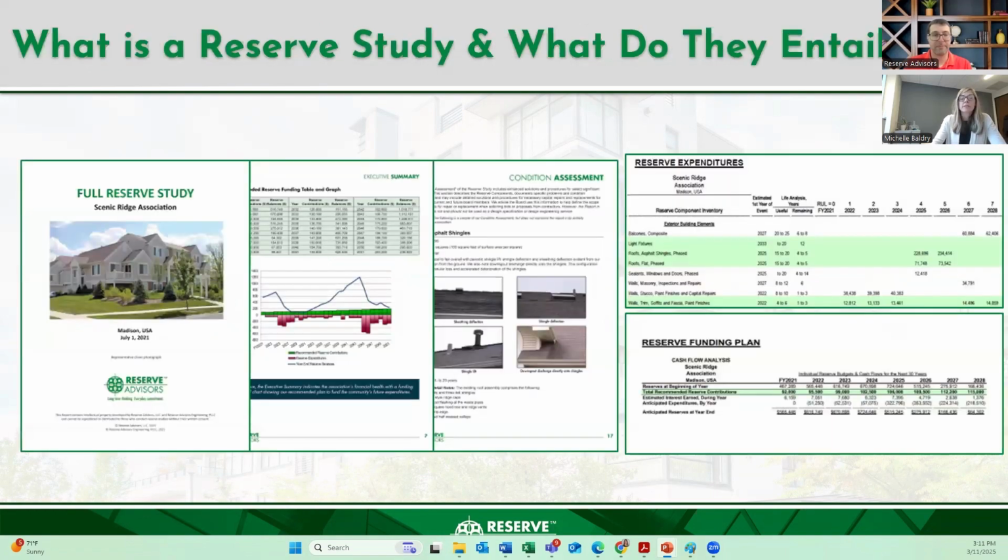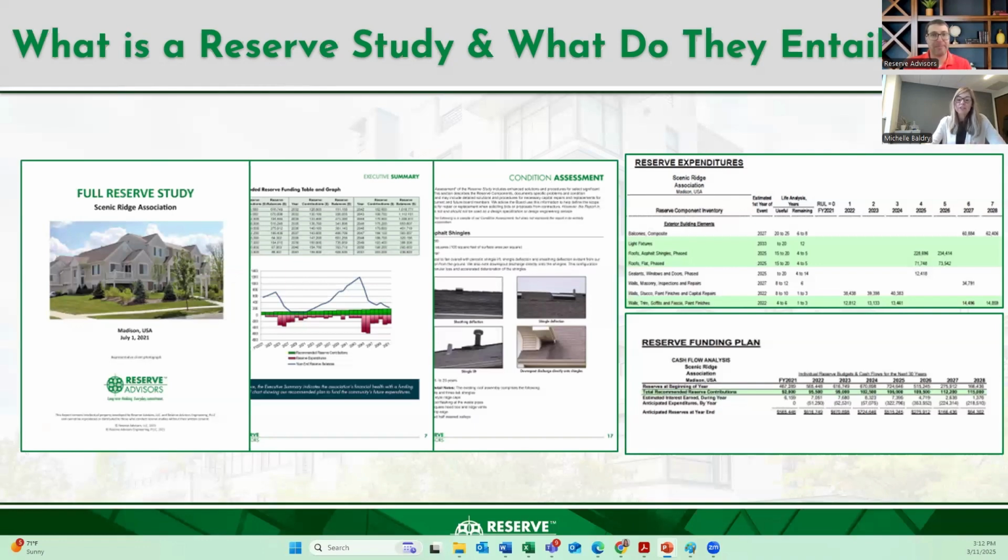So we now know the importance of reserves. What about the reserve study? So I wanted to start with CAI's reserve study standards. What is the definition for a reserve study? It's a budget planning tool, which identifies the components that a community association is responsible to maintain or replace. It identifies the current status of the reserve fund and provides a stable and equitable funding plan to offset the anticipated future major common area expenditures. I know that was really wordy and a lot of detail, but I did want to provide that definition.